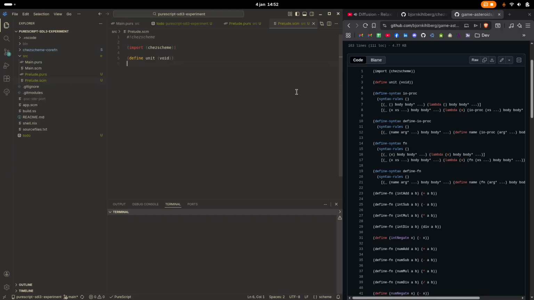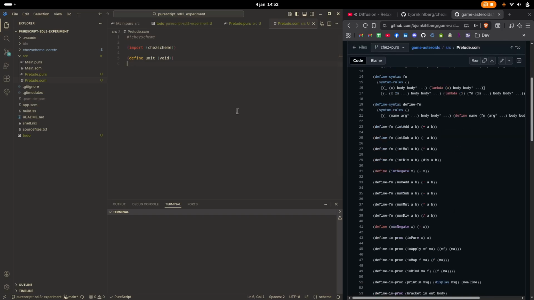Now void makes perfect sense actually, because there are lots of procedures in Scheme that return void as like a nothing, and that's what you think of with unit in PureScript. Okay, so we have unit. Cool. Let's look at